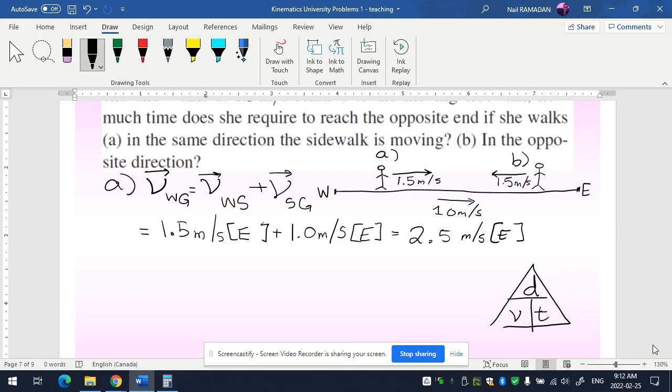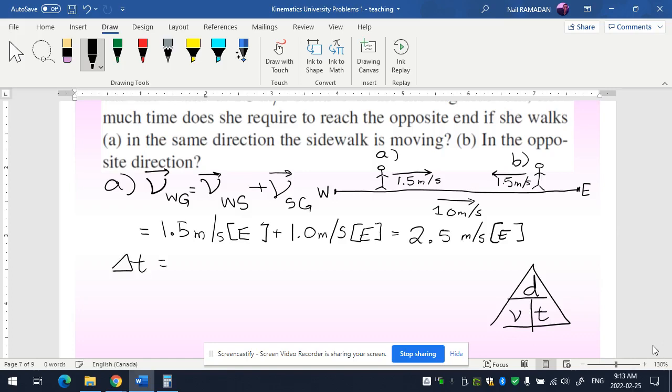Whatever you want to find, hide it with your hand. If you want to find distance, you hide it. So what do you do with those two? Because they are on the same level. What if you want velocity? You hide it. So what happens to distance and time? We actually want time now. So we divide. Perfect. So delta t